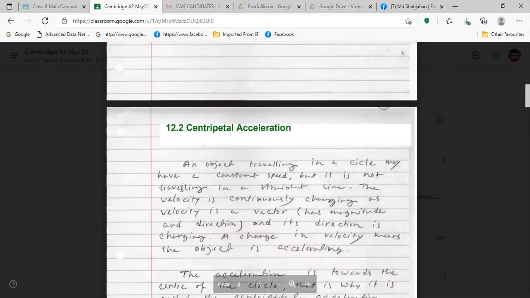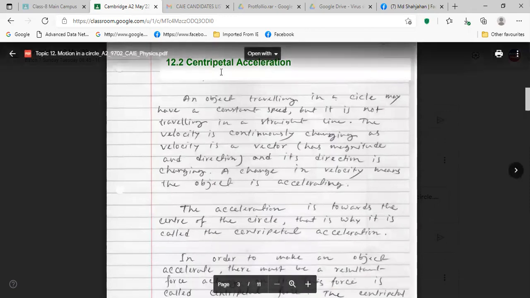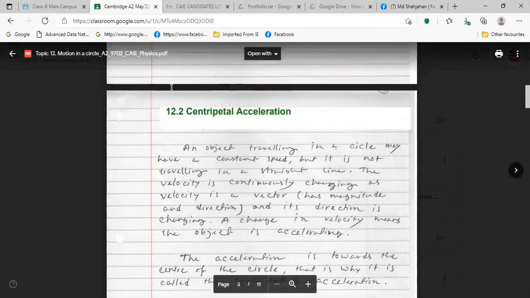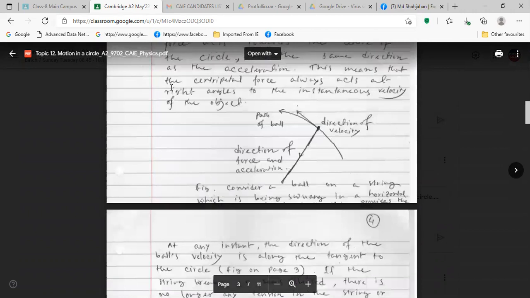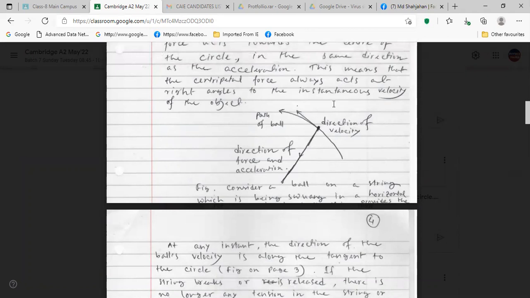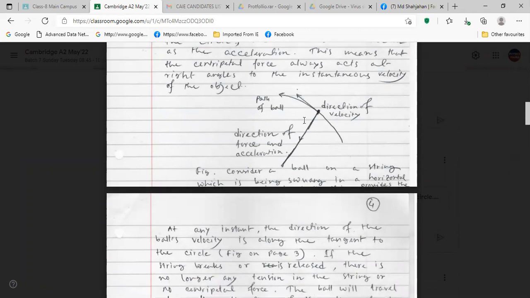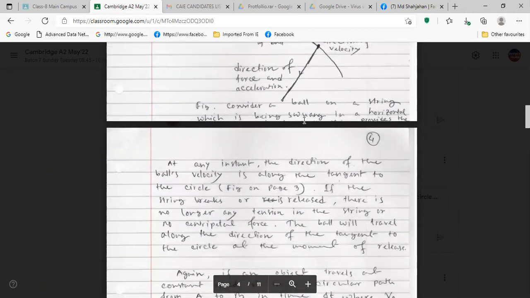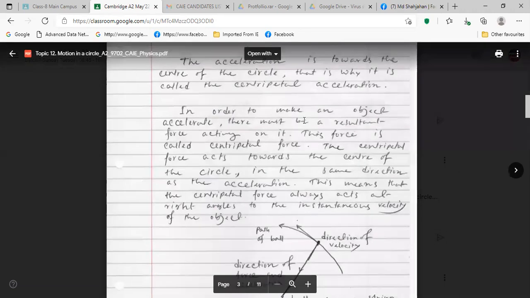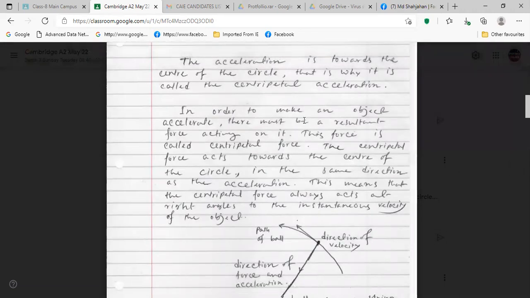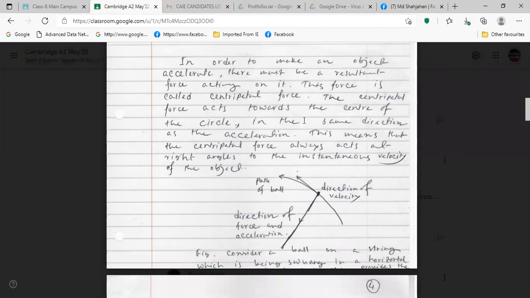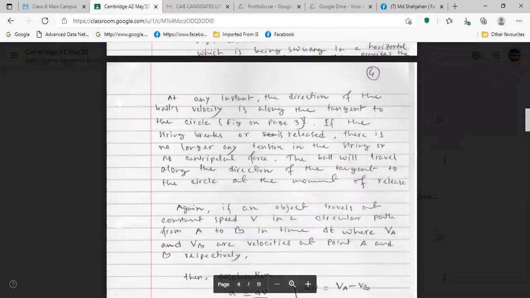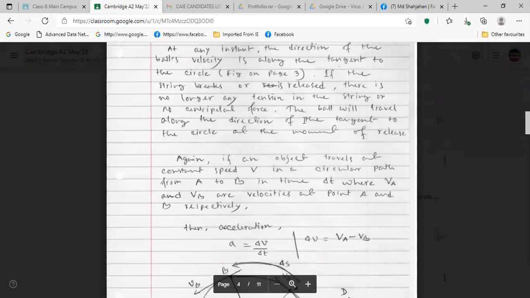Then you write centripetal acceleration. Centripetal acceleration we are doing, and here is the diagram for centripetal acceleration. You should draw it. Draw a label. Yeah, now you continue here,